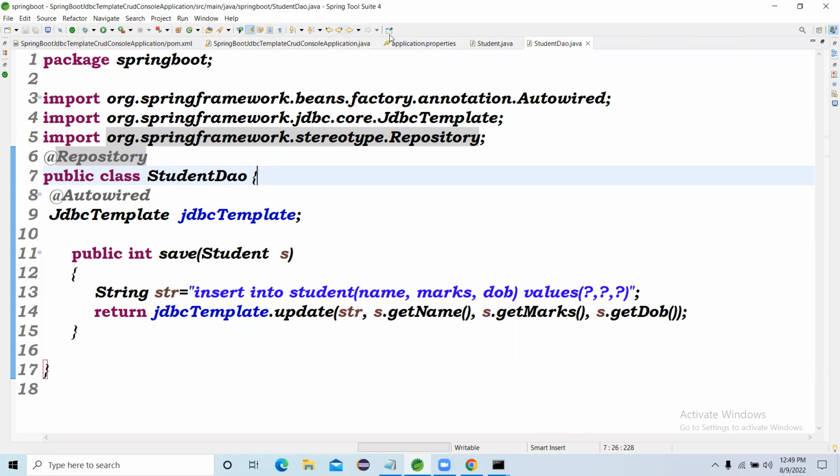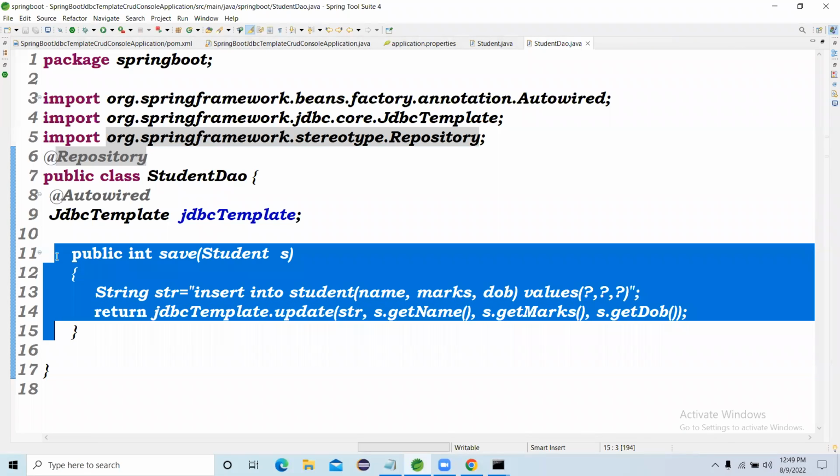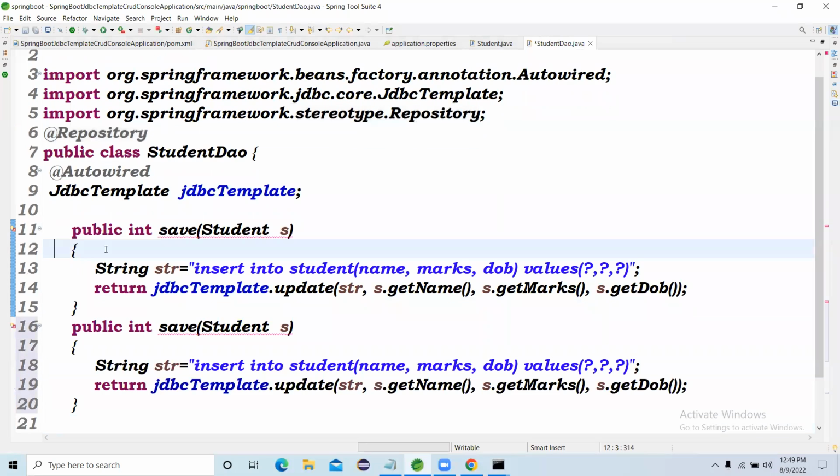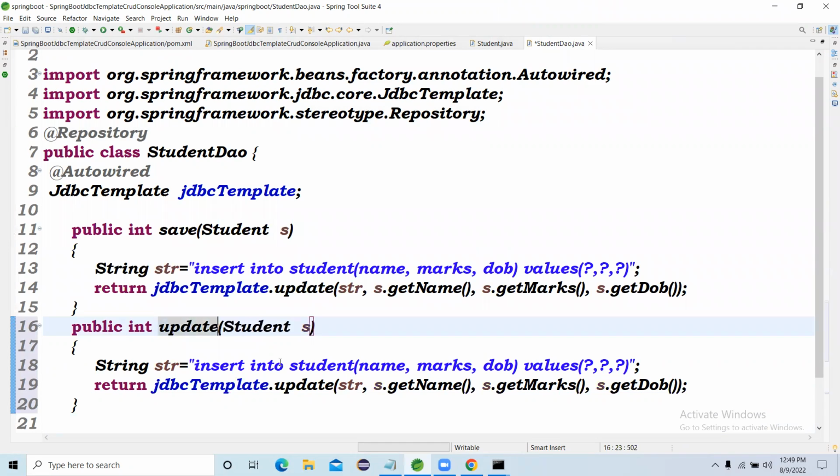So let's go to the DAO class again. How to achieve the update operation? Same thing, you can copy and paste here. And then you can write here update. Then this one, again, same thing. You can write here update student set